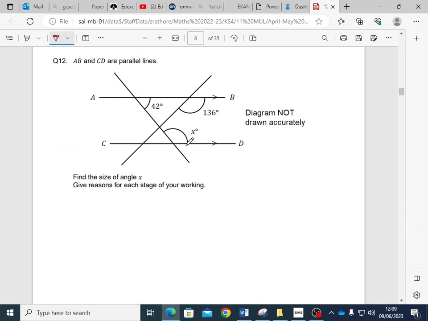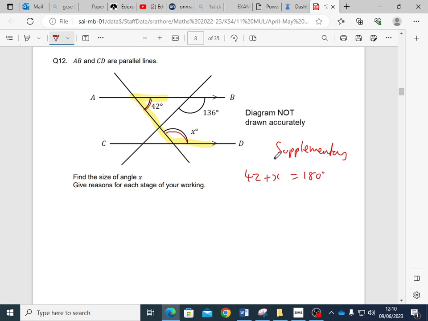12. Now just be careful how you do this. Let me get the highlighter out. You should know this. If you look at this, you could do this two different ways, an easy way or a hard way. That is the U, so they're known as supplementary angles. So you could describe it that way and say 42 plus x equals 180 degrees, and the reason for that is supplementary angles